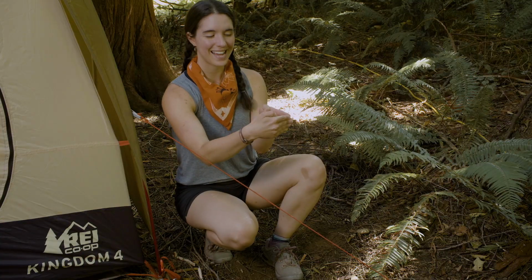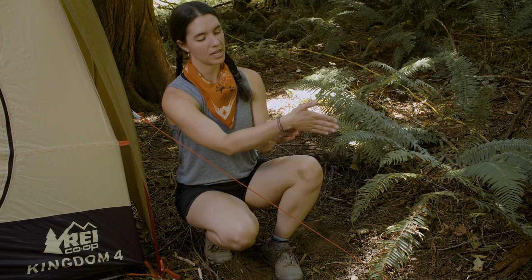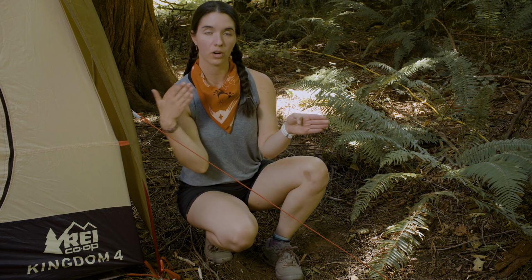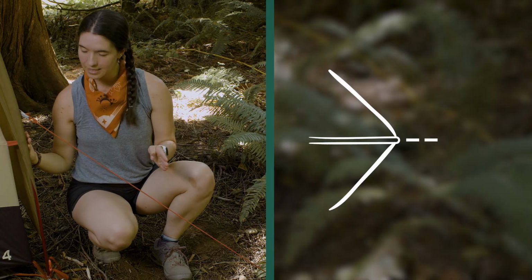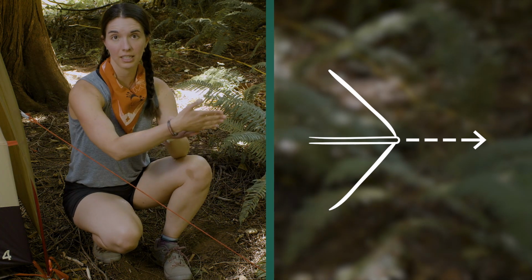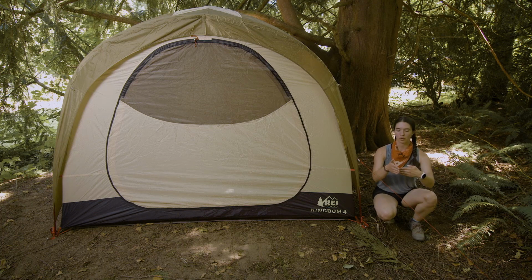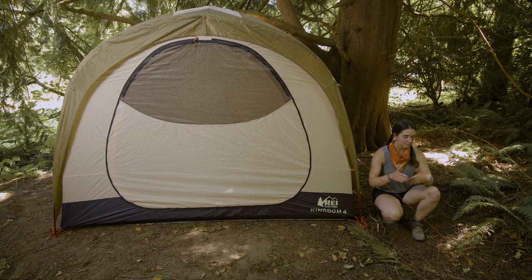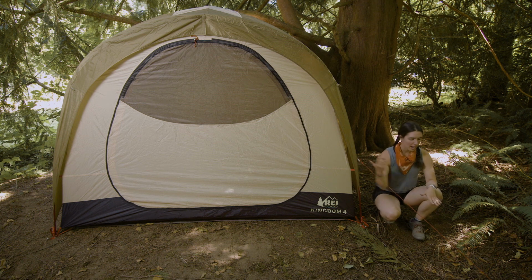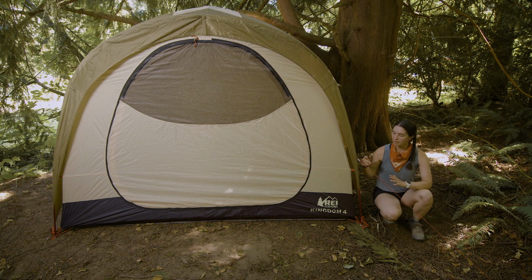My tent body makes an angle where the corner of the pole is, and so essentially what I want to do is imagine a line going through corner to corner of my tent and extending past this pole, and I want the guy line to follow along that imaginary line. This is for the corners of your tent. If you're guying out the sides of your tent, you just want to basically go perpendicular with the line. And so from here, I'm essentially going as far away, as 90 degrees as possible,